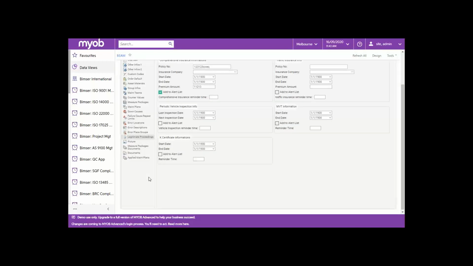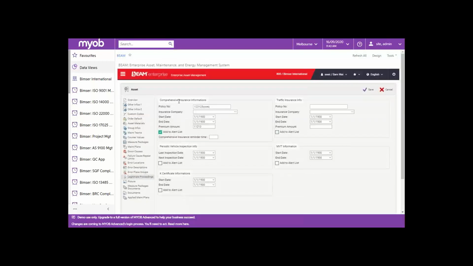And you can also manage more information like the insurance or the inspection for your asset, especially for your vehicle or your fleet. Inspection and insurance are very important in order to keep your operation running. If either one of them expires, you are not allowed to use your truck or your fleet in terms of providing the business operation. So right here, you can see we can also add this to the alert list so that